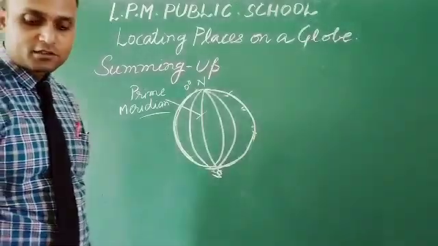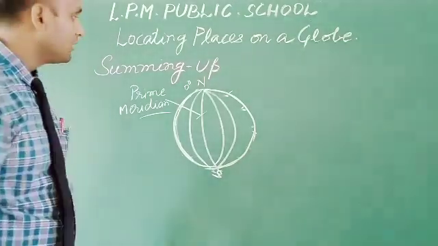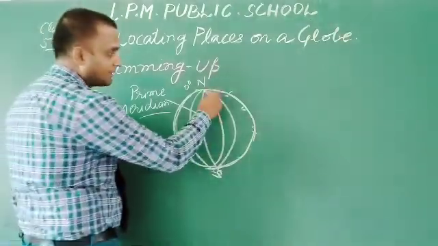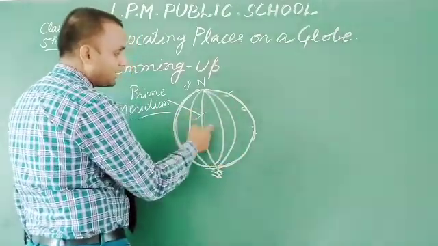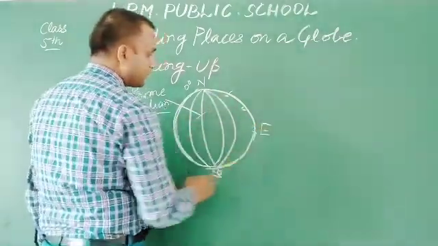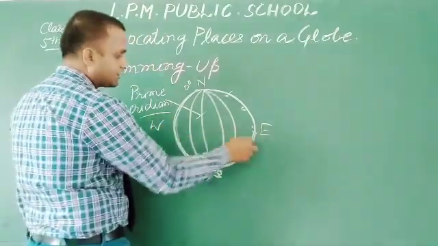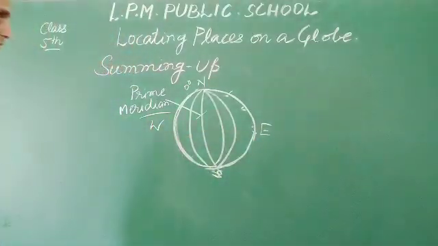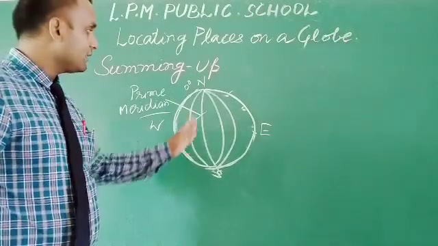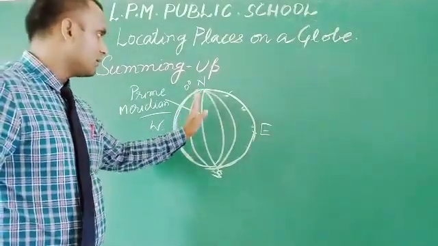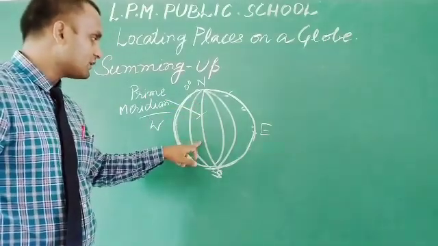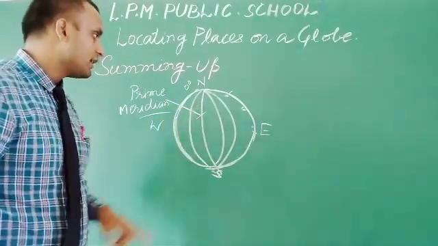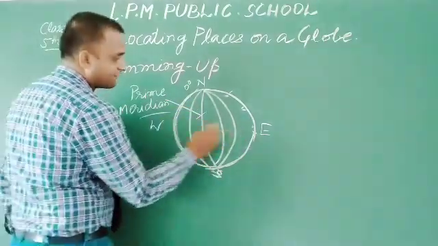Meridians mark the distance of a place east or west of the prime meridian. And this longitude line, the prime meridian, also divides the globe into two equal halves,